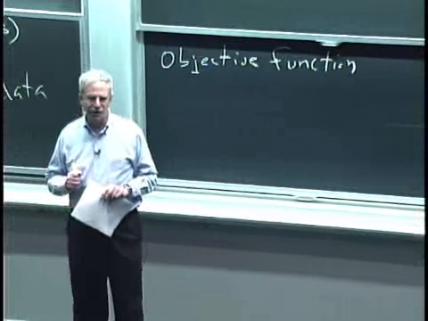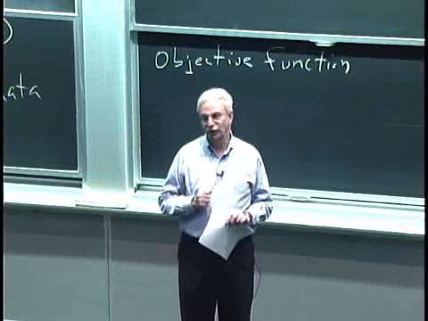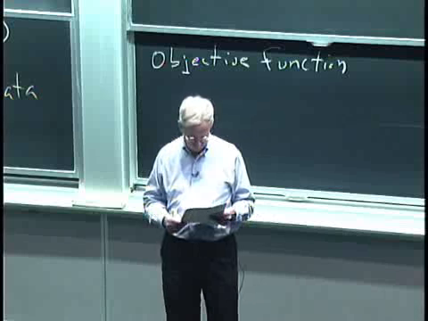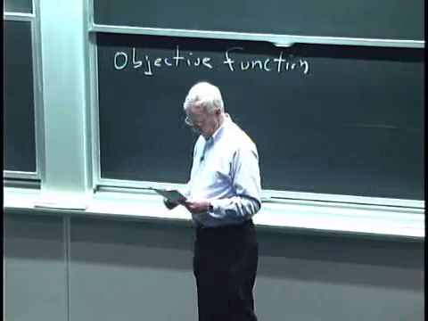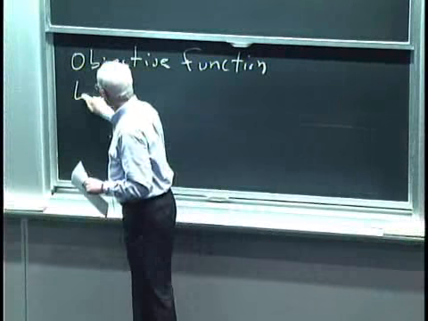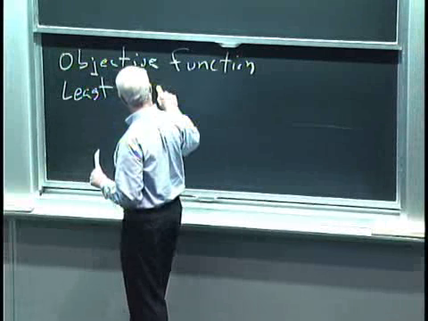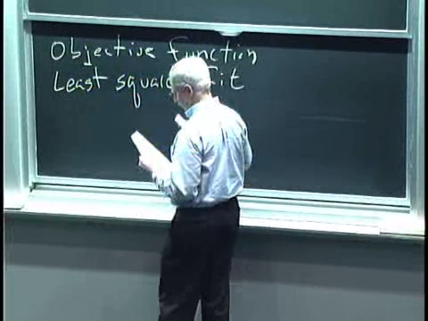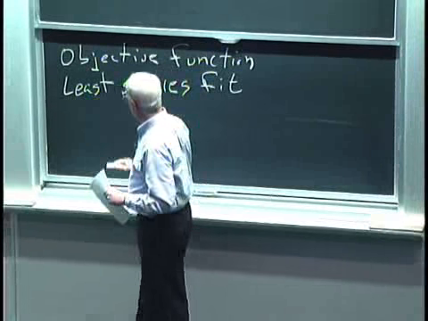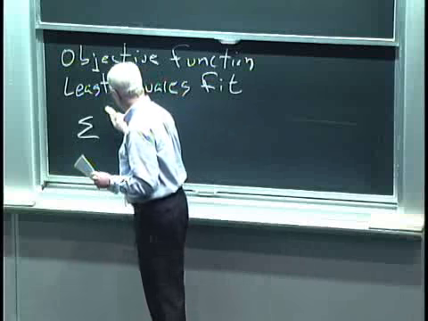I'm trying to find a line that optimizes some objective function. So a very simple objective function here is called the least squares fit. I want to find the line that minimizes the sum